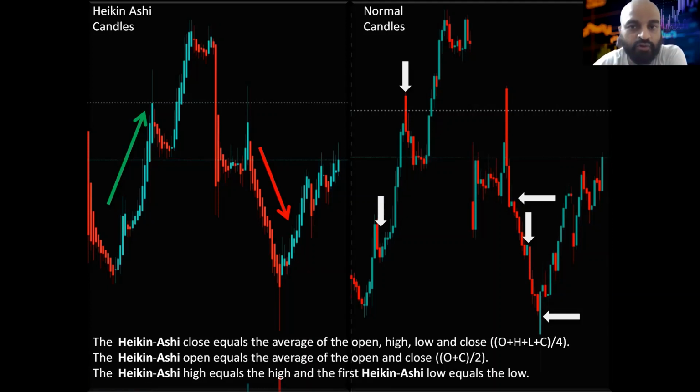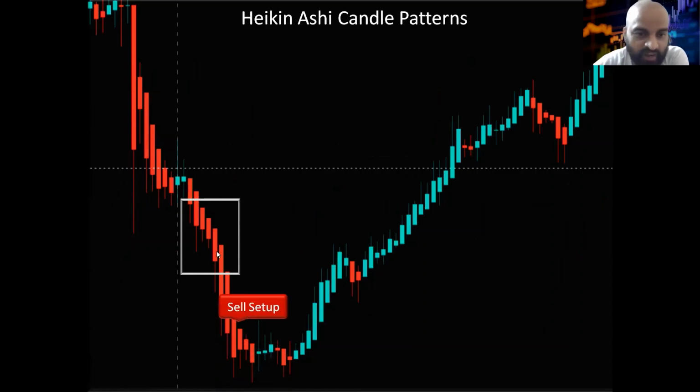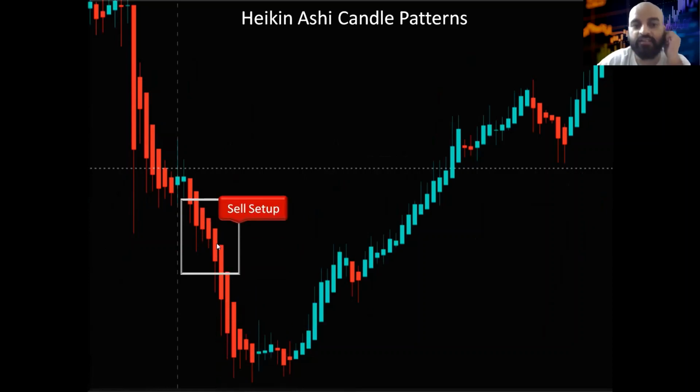If you look into the deeper setup, at the patterns and how it goes in the Heikin-Ashi pattern, this is the setup where you can see the wicks are very clear. It shows a lot of selling. There are no buyers. It's a selling-dominated market. Similarly, this kind of setup we generally know as a sell setup. So there are no particular green candles and the market is clearly in the downtrend.